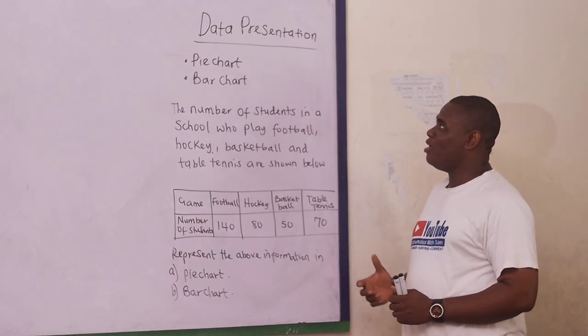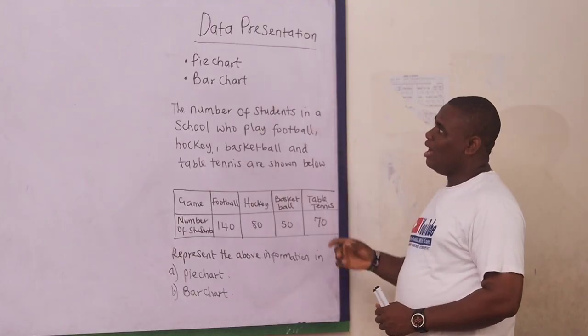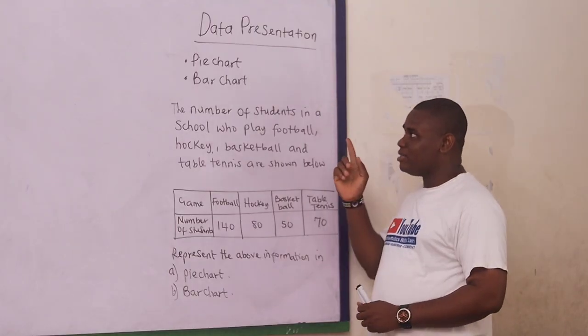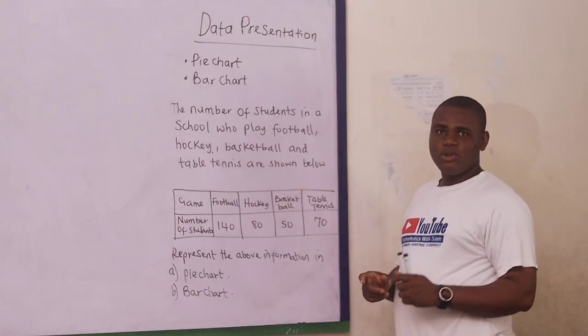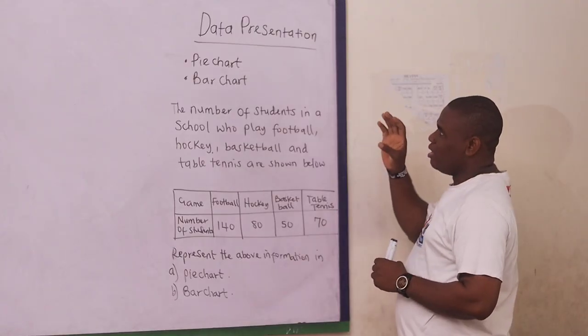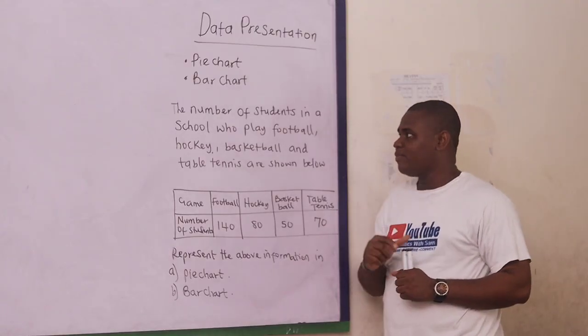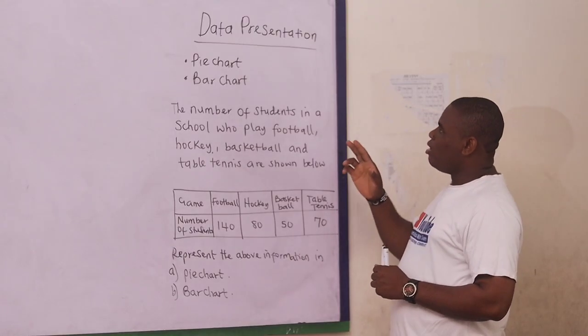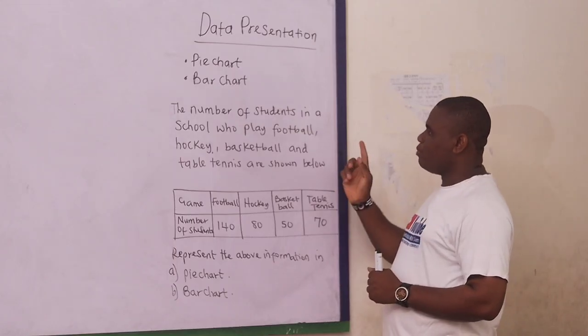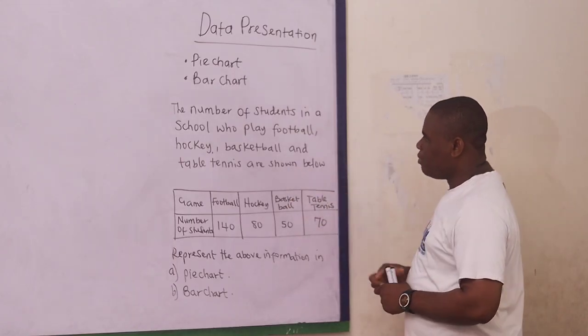Today, our main focus will be on data presentation, and basically, I'll be handling the pie chart and the bar chart. Now, let's go to the question that will help us in dealing with the pie chart and the bar chart. And the first question says, the number of students in a school who play football, hockey, basketball, and table